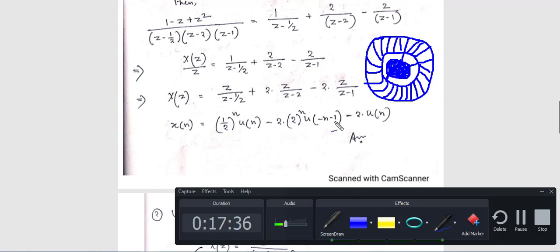Okay, next come to the third part. So your third is again 2 is constant, z by z minus 1. That means what is the value of a? 1. That means 1 to the power n, or again you can say z by z minus 1 means only u of n. You can also write this after 2, that is 1 to the power n. That means 2 into 1 to the power n. 2 constant, because z by z minus 1, that means the value of a is 1. That means 1 to the power n.